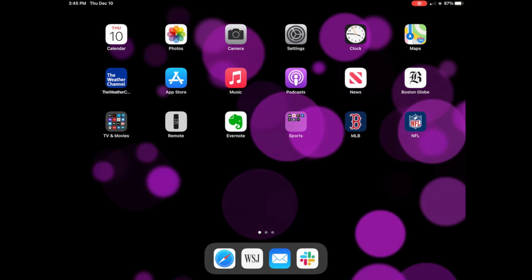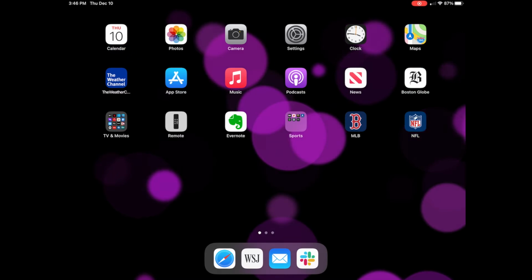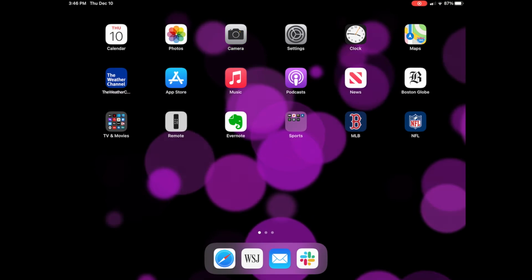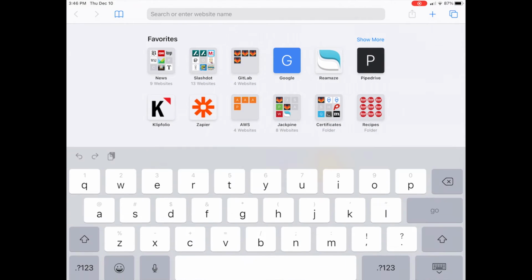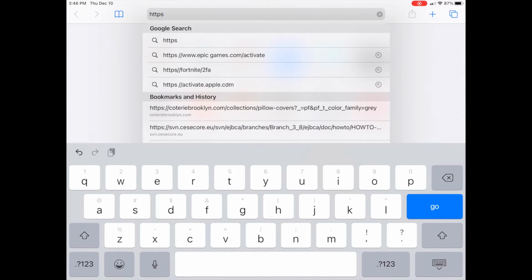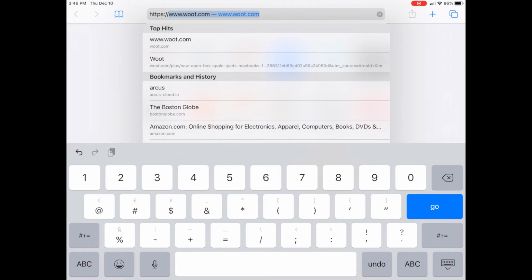In today's video, we'll be taking a look at the iOS version of Arcus, and specifically remote access. In order to use Arcus on your iPad or iPhone, you'll need to have the necessary certs installed. If you'd like to review that process, please follow the links in the upper right hand corner of the video or in the video description down below. But if you already have your certs installed, head on over to